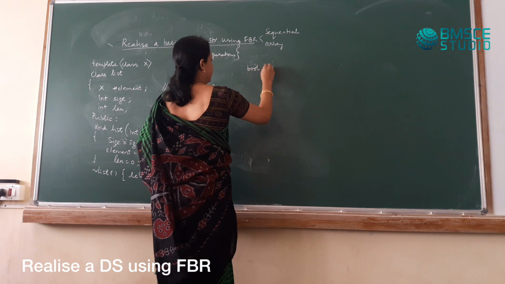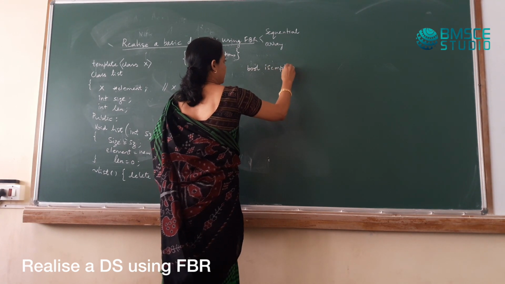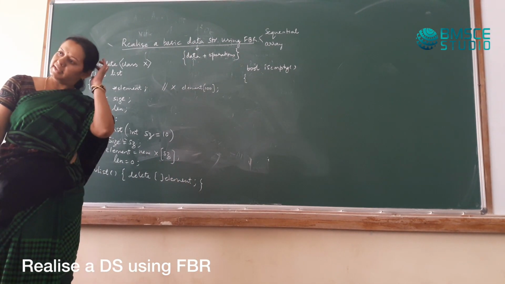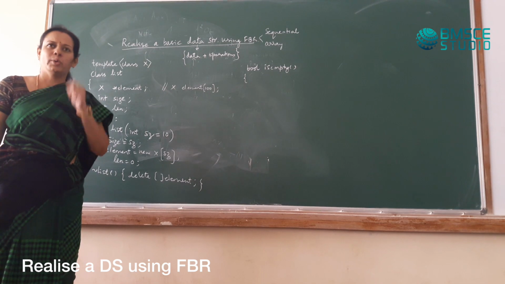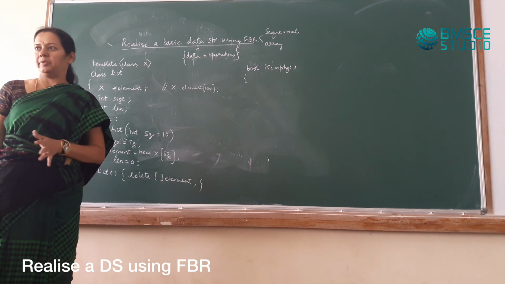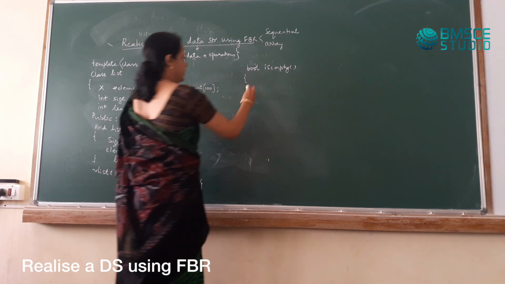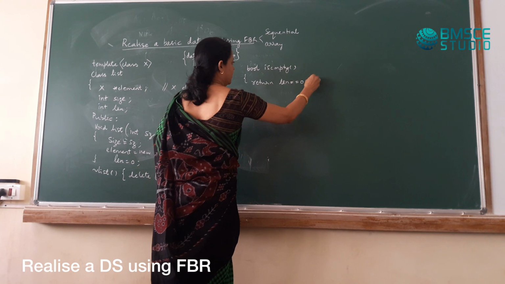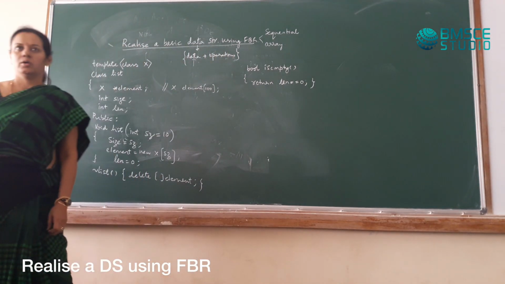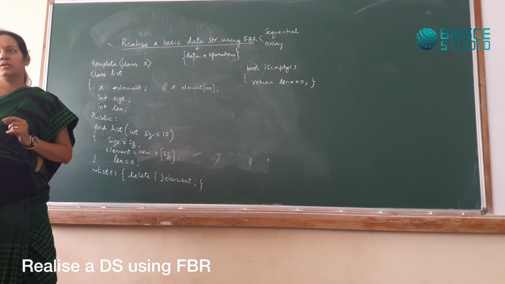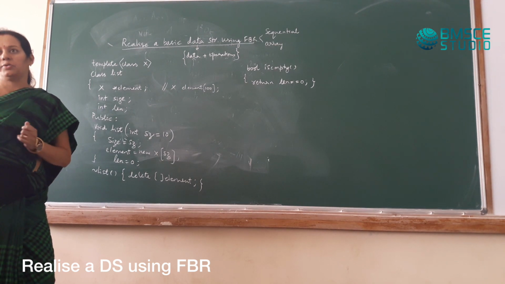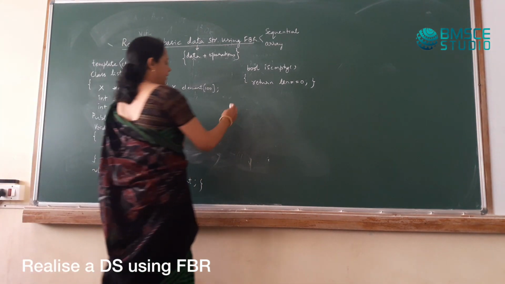So constructor, destructor. Now let's write it for bool is the return type. isEmpty is the name of the function. The purpose of writing this is to quickly find out if the list is empty. Okay? So return length double equal to 0. Length double equal to 0 is checking for a condition. Is length equal to 0? Okay, if it is true, it will return true. Otherwise, it will return false.